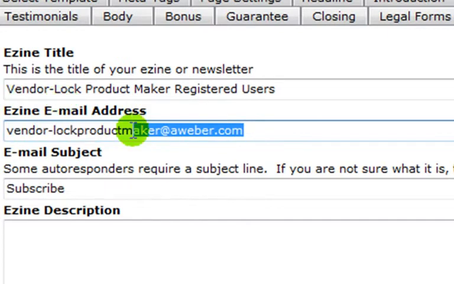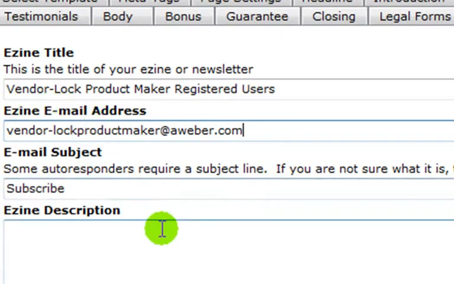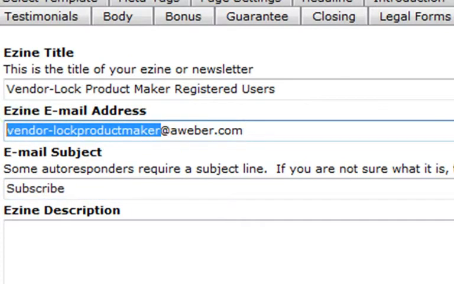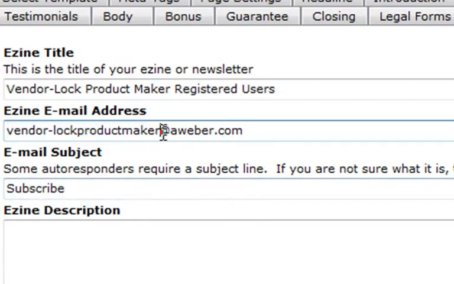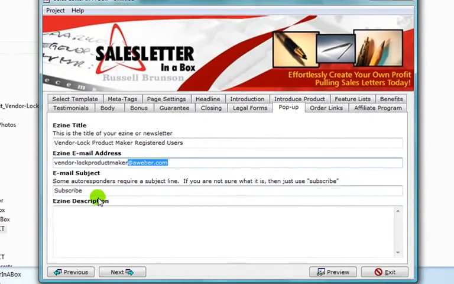Just fill in your list name plus the @aweber.com part here, and that's how you fill in your email address. And that's the same for most of these page building software programs. When it asks for your email address, you put in your Aweber list name followed by @aweber.com. Okay, and then you can go ahead and put a subject, put subscribe or whatever you want there, and a